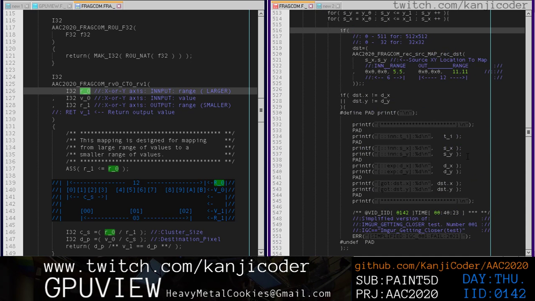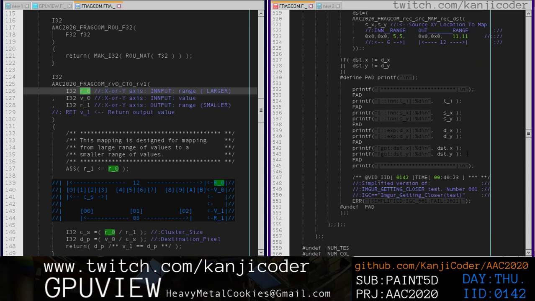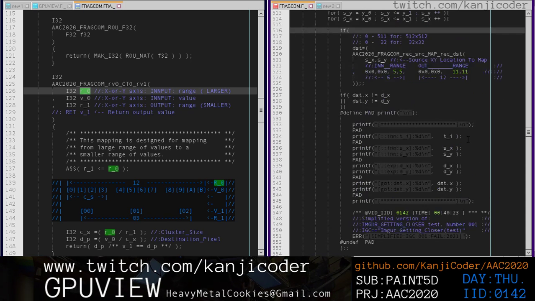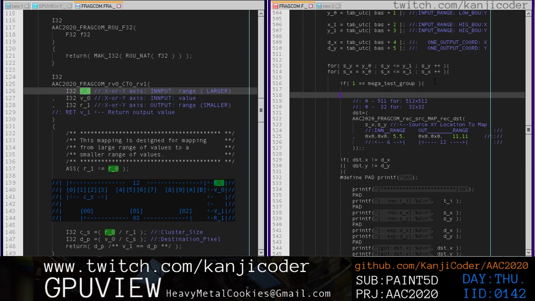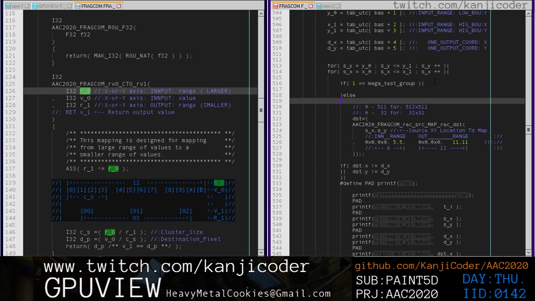But the output should be the same, right? The output should be the same. Let's just call it mega test group, because I don't know what to call it. If 1 equals mega test group, else if 2 equals mega test group,